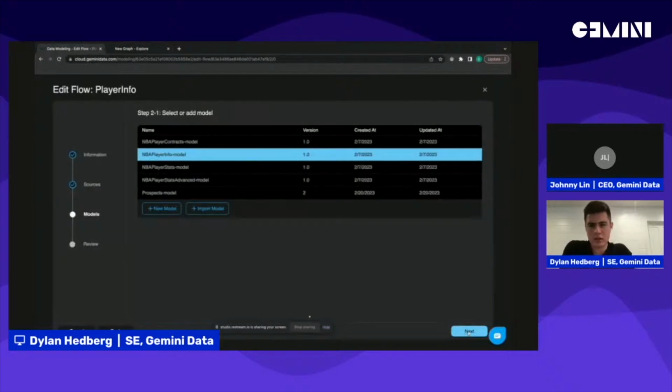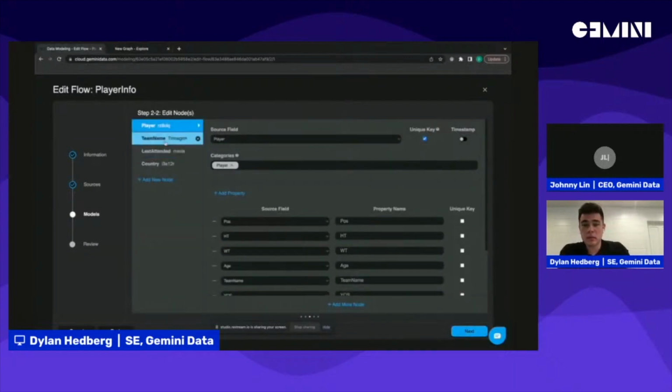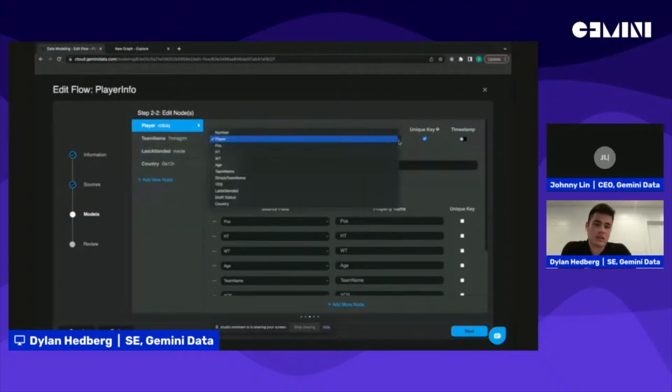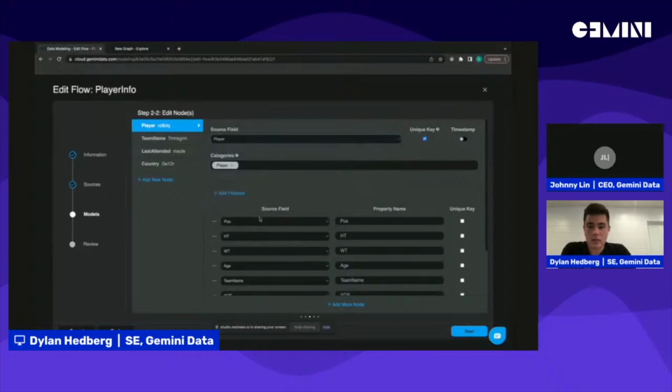So I'm just going to take you through an existing model right now, just to show you what one would look like. So from the headers that you had from your data source, those are all available in dropdowns. And so for example, for the header player, I can just select that here and then add the properties through more dropdowns. And the way we normalize it is through this category right here. So if the player was, for example, named athlete or basketball player, anything else, just player name, the way we show it in our graph only cares about how we label it through tags.